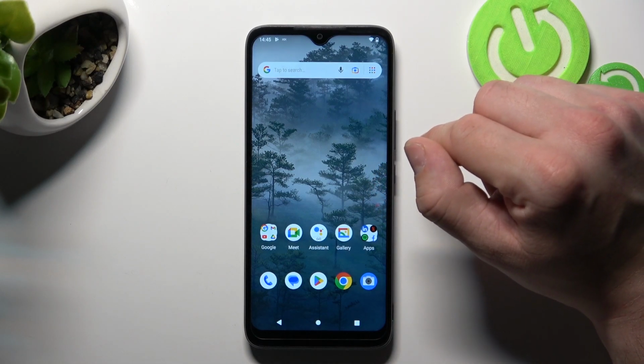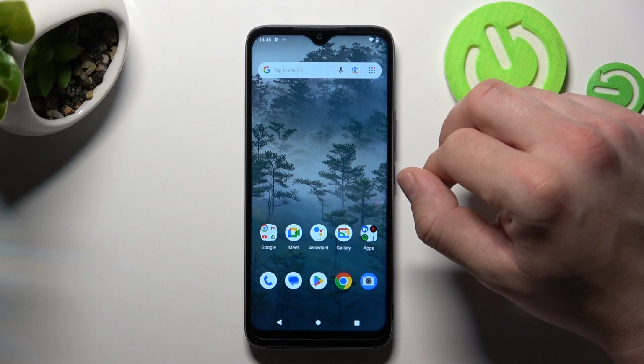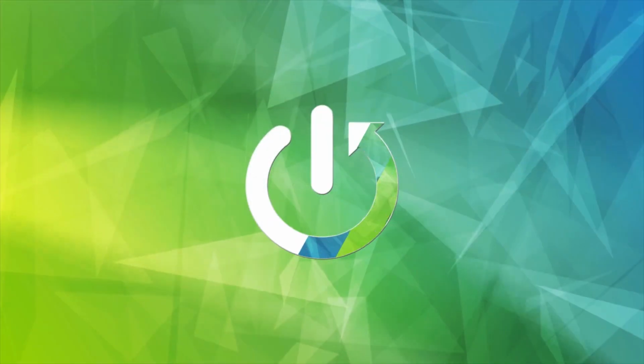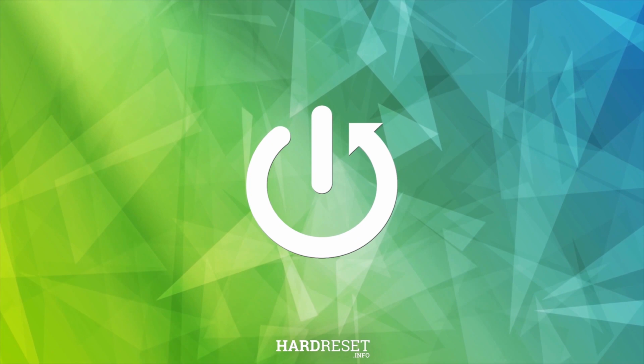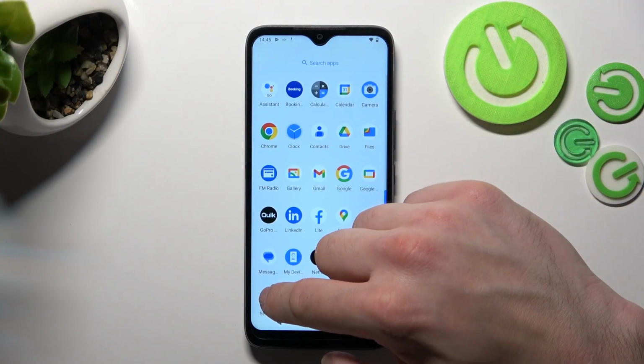Hello, in front of me I've got NOKIA C12. In this video I'll show you all unlock methods. In the beginning, let's go to settings,